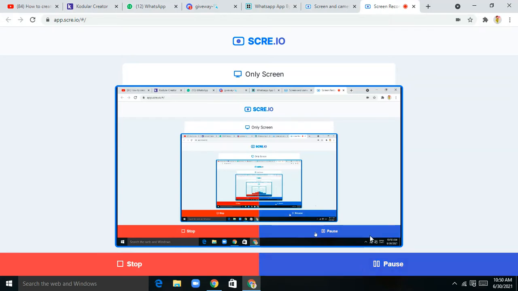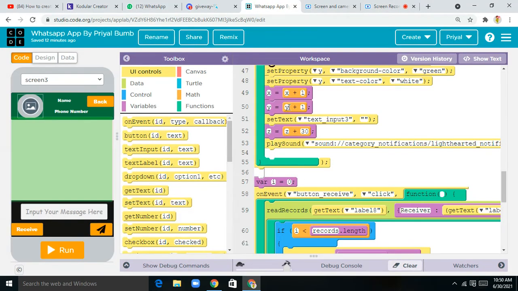Okay, so we were here, I guess. Set text is text input 3. Next, again, we have taken one variable and just rename it as z. Now next we again want this math, or else you can simply duplicate this whole y plus 1 block, paste it, and change it to z and z plus 30. Then we want play sound, so just drag it and drop it here.